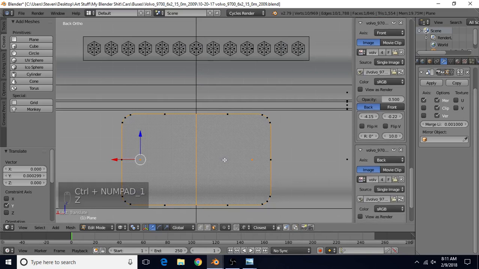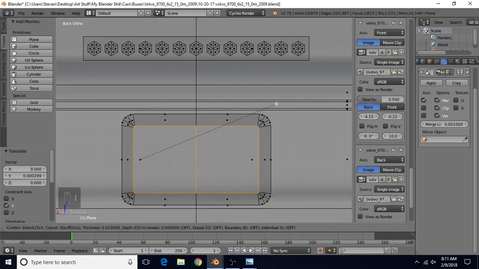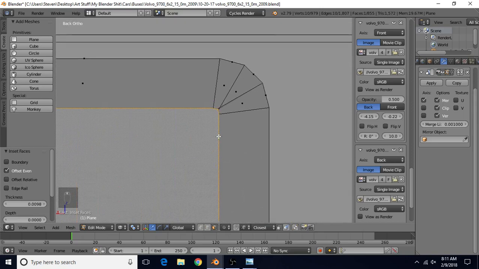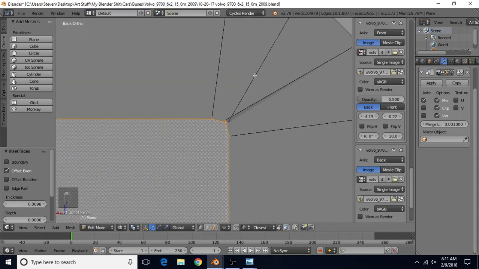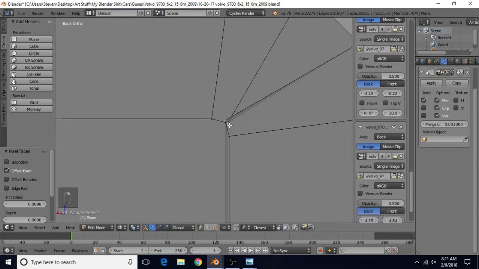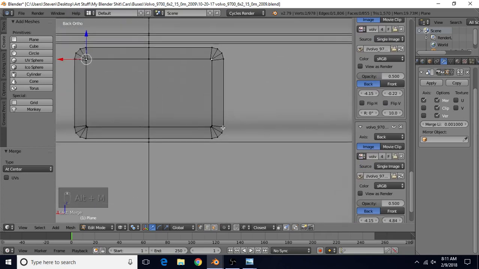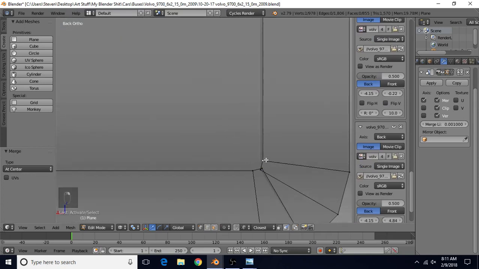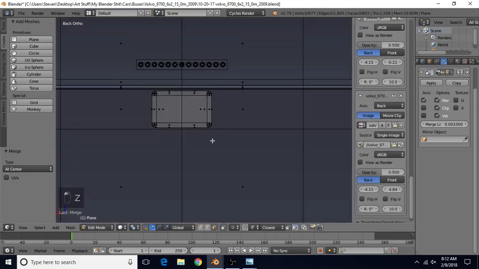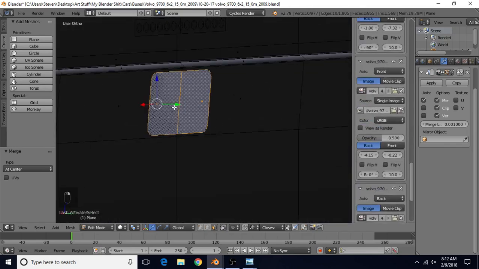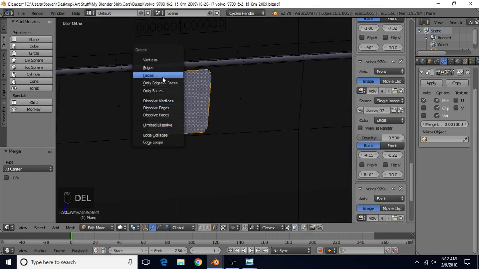Do Control 1, Z for wireframe. Now do I and then B. This is probably appropriate, so just left click when you have the correct distance here. Switch to vertex select. You'll notice these two edges crossed each other. What I'm actually going to do is select these two vertices, Alt M at center, merge them at the center, do the same on the bottom. Select these two, Alt M at center, back to face select, Z for wireframe, and we can actually delete this back face. So select the back face, do delete, choose faces,